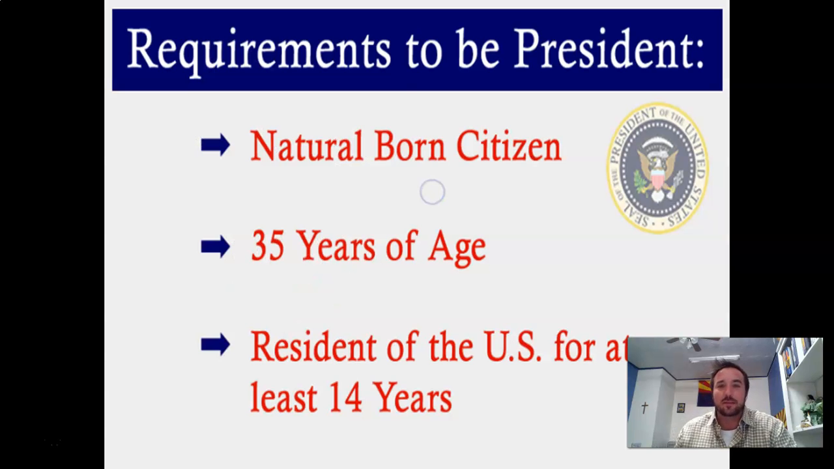Another one of the requirements in the Constitution, you have to be a natural-born citizen, which means, really, you had to be born in the United States of America, or one of our territories. So if you're born in Arizona, good. Born in New York, good. Born in California, good. Born in Brazil,